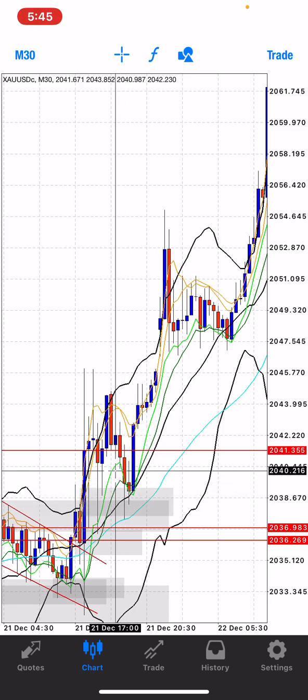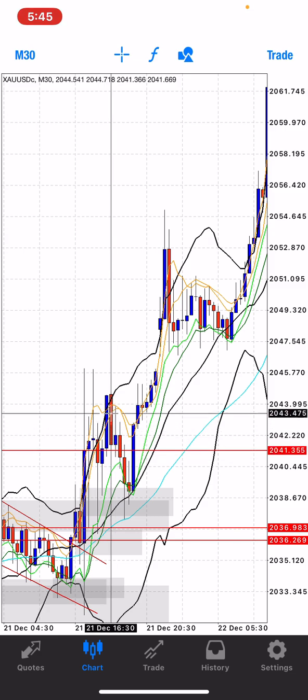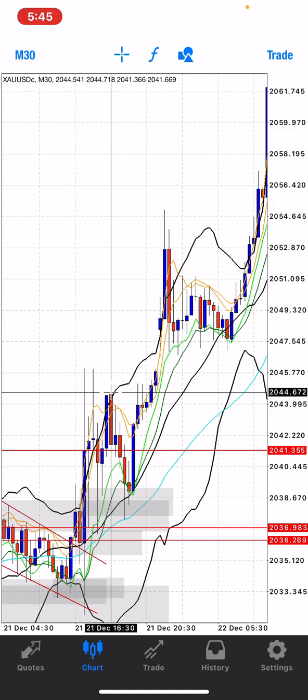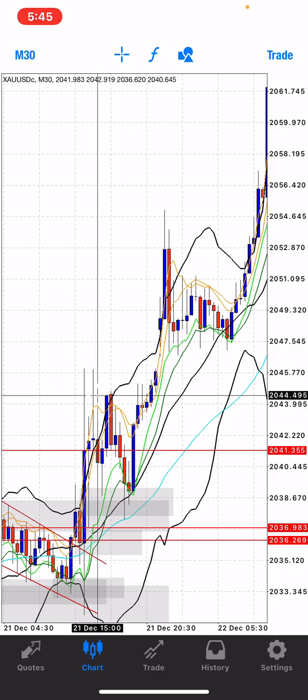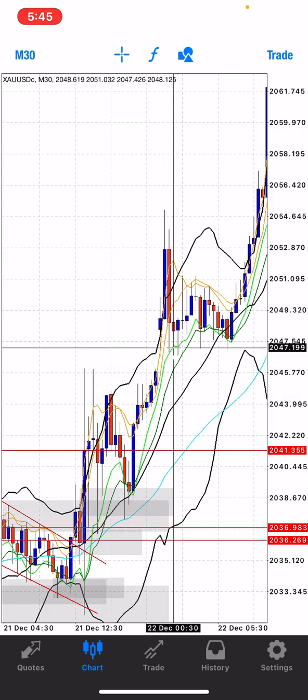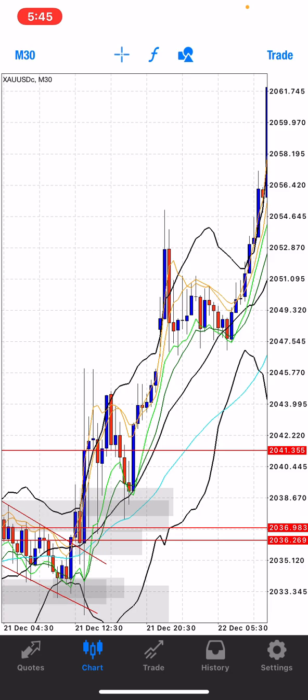10, 20, 30, 40, 50, 60, 70, 80. That's 80 pips already. If you open with 0.01, that's like $8 per entry. So you close 5, that's a huge profit, don't you think? Then you leave 5 set to break even, and then it ran 150 pips. You can see how